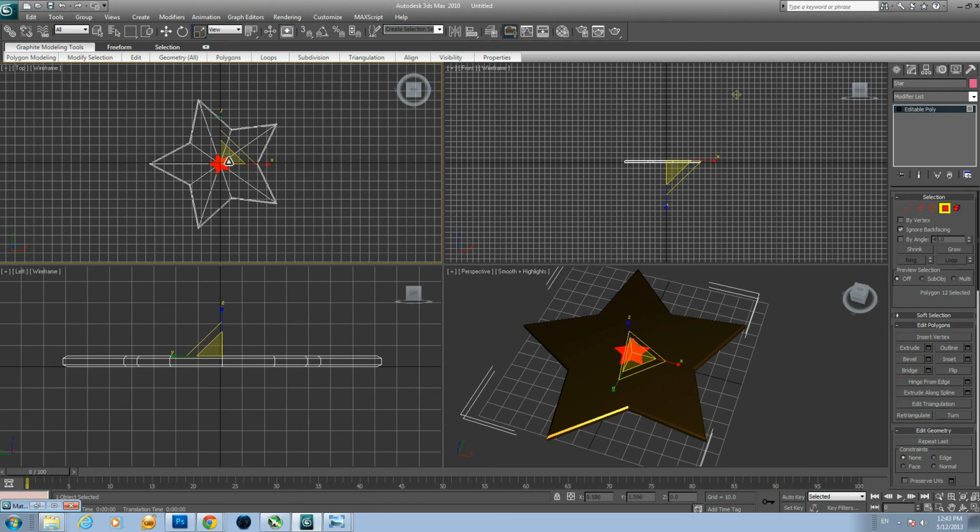Click on it, make sure it's selected, and now click on this yellow triangle, and you can basically scale it bigger or smaller to the size that you want. Okay,